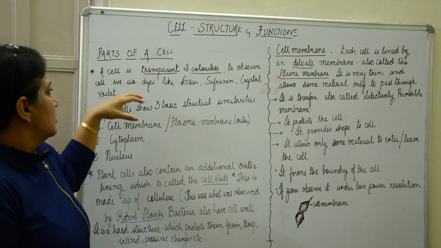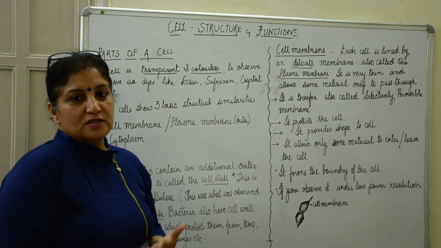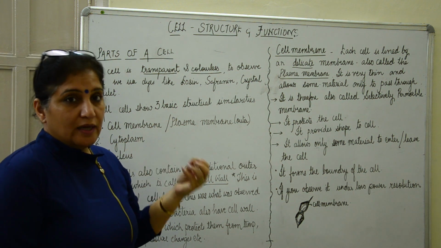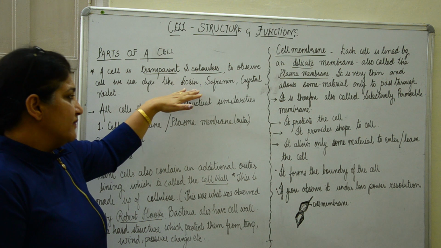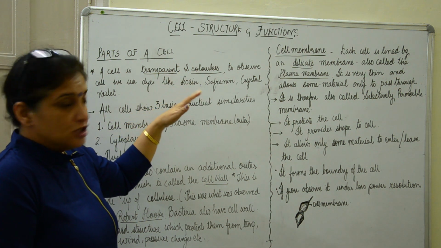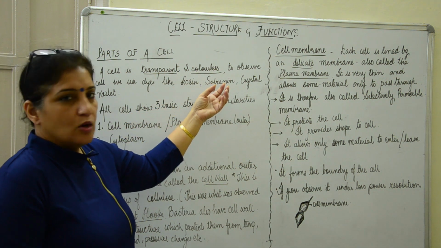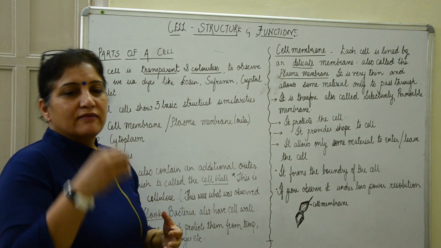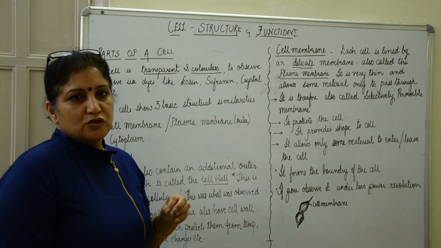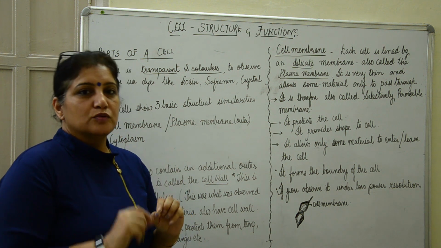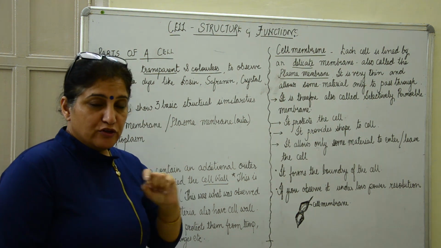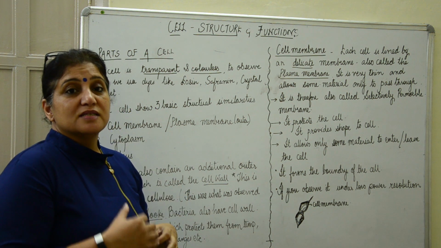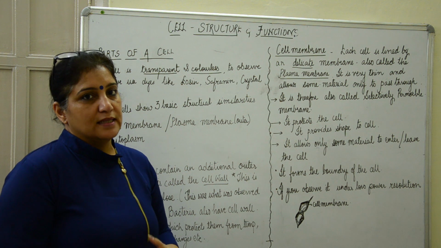Whenever we have to see a sample of a cell, we put a stain or a dye or a color. Normally we use eosin, which is slightly reddish in color, safranin, again orangish in color, crystal violet. All these colors, when we give a drop of it to the sample, they give a color to at least the boundary of the cell, and some of the cell organelles are also colored. So it is very easy for us to recognize them.